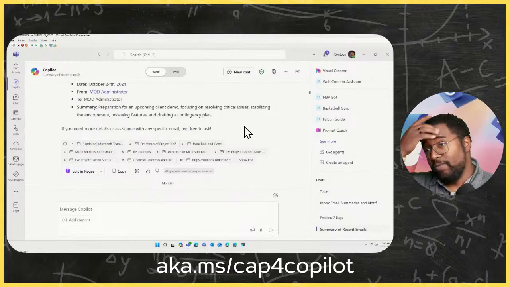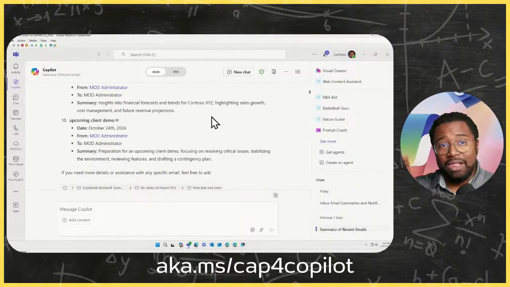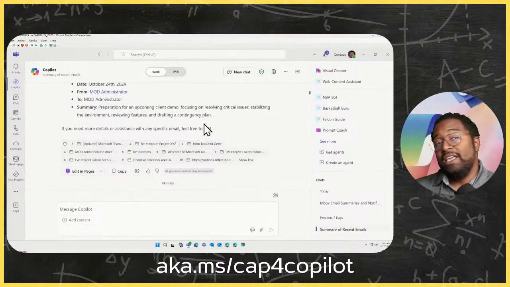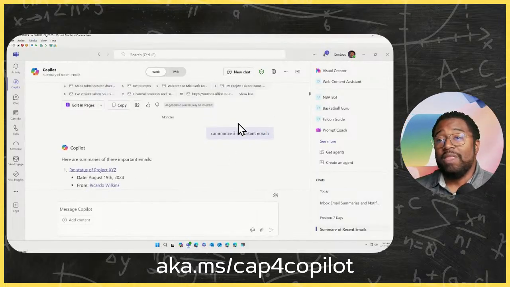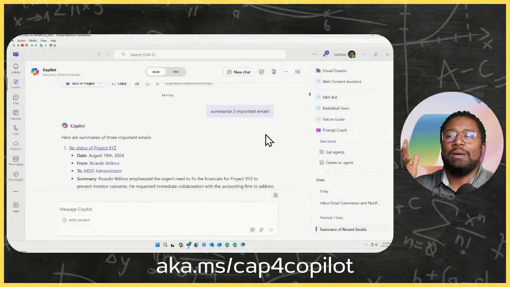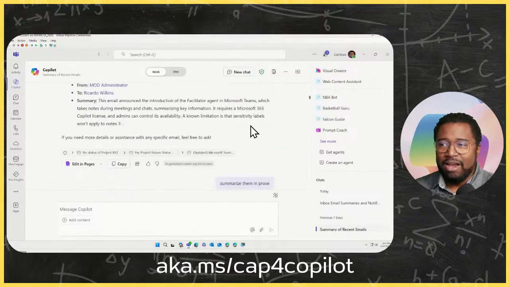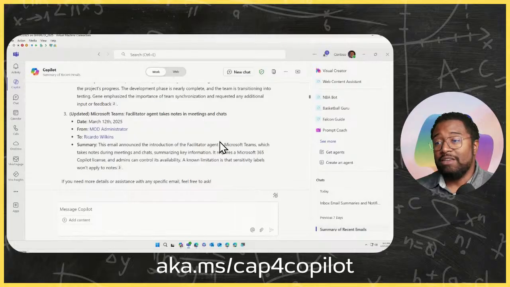So that's cool. Now, I want to continue the conversation with Copilot about this summary to try to get to that end result that I got with that one great massive summary. So then I'm going to try to not tone it down, but kind of focus it to a few emails. So now I'm saying just summarize 3. All right, no problem. It does that. Still the same format as before, but it does give me 3 instead.